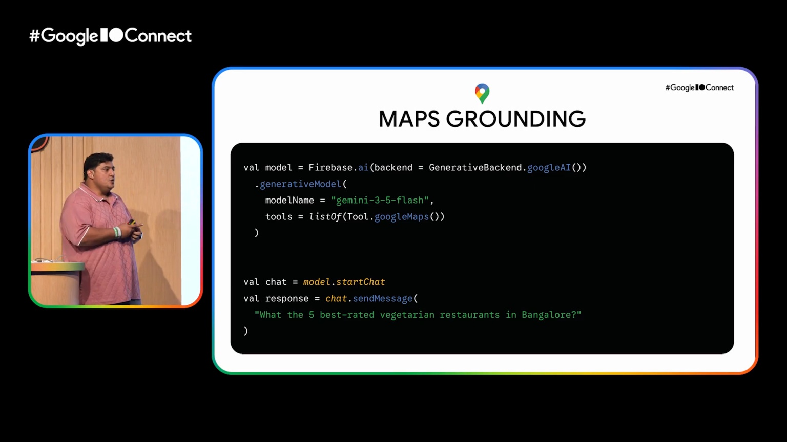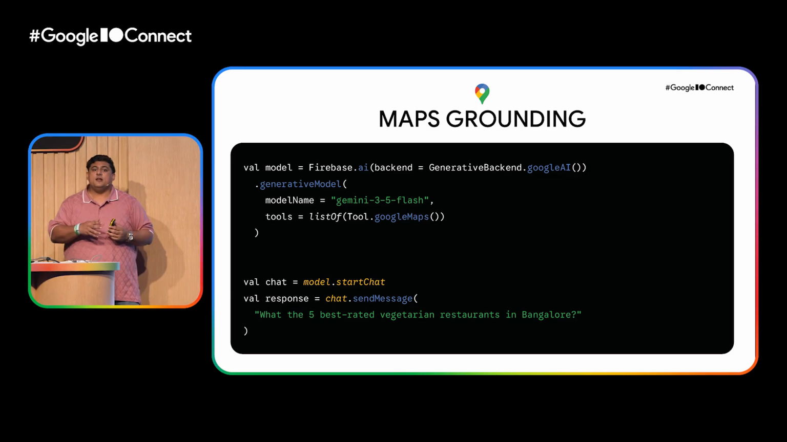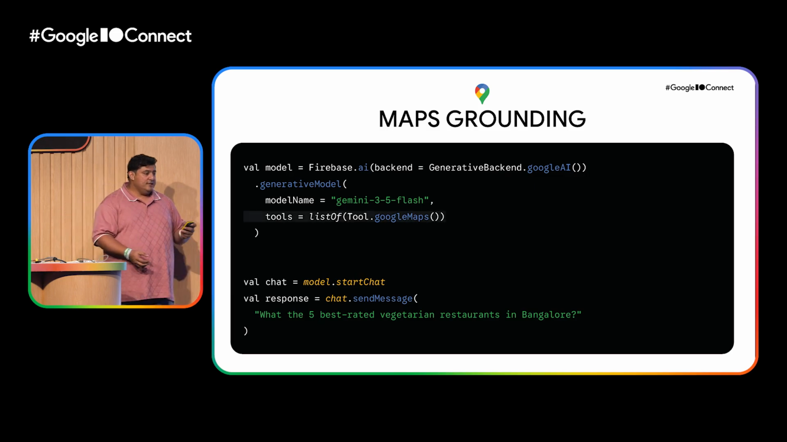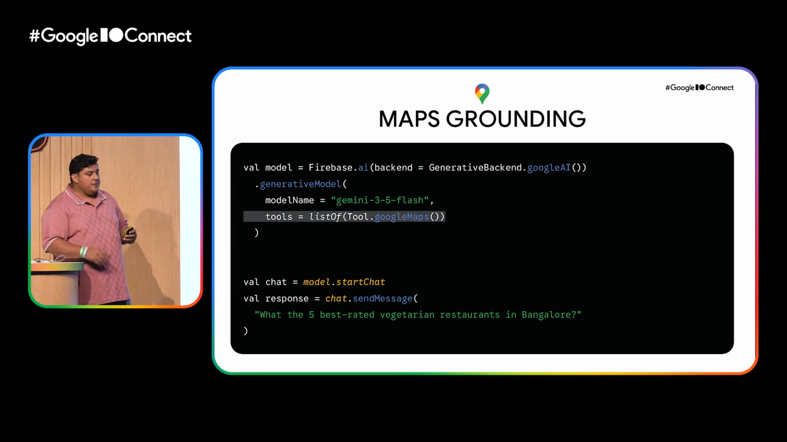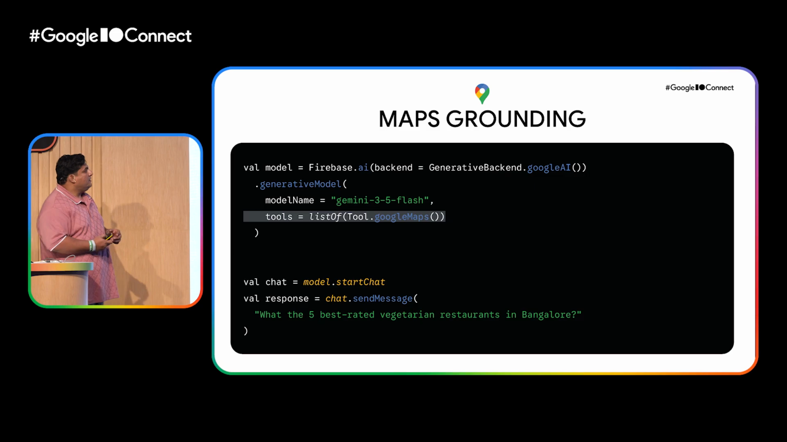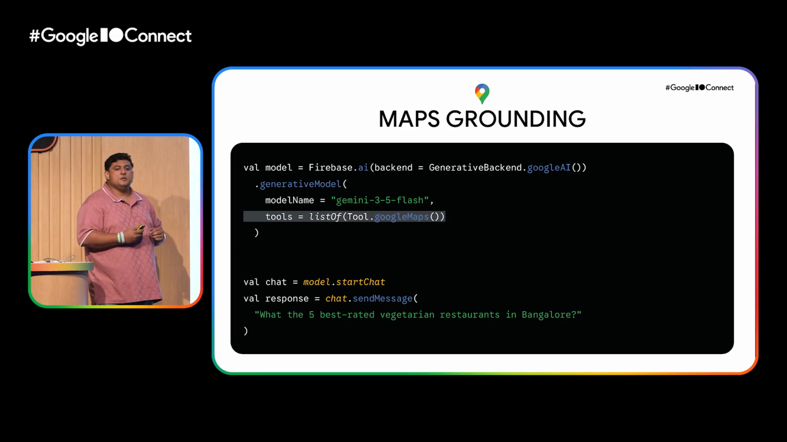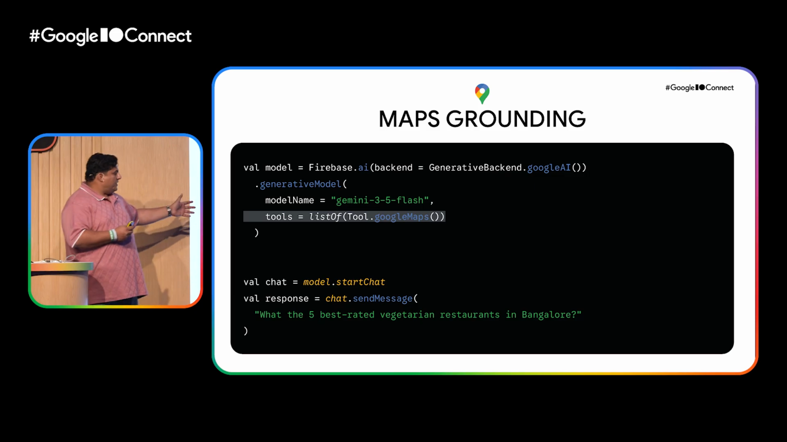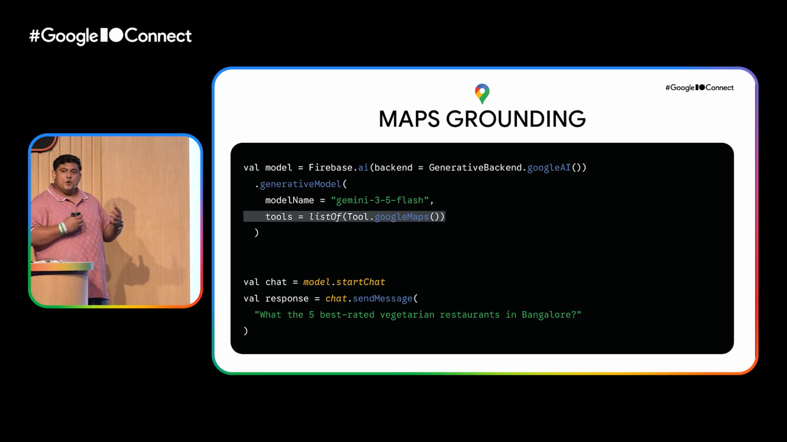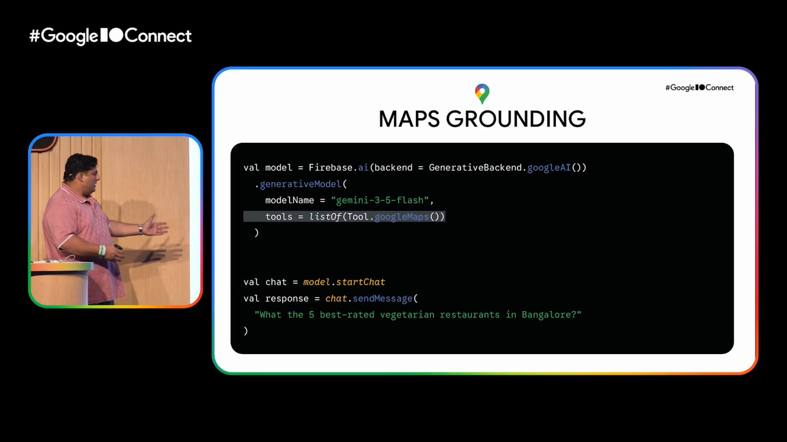And the system will use maps data and then try and answer that question for you. Very similarly, if you want to look at web grounding, instead of Google Maps as a tool, you would provide Google Search as a tool. This would allow it to answer questions which will change over a period of time,